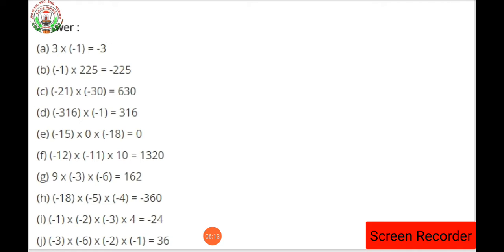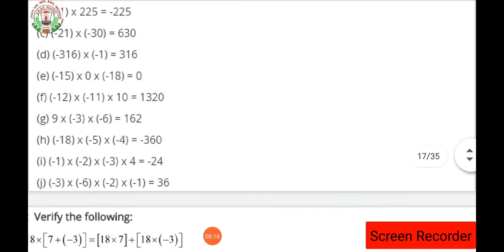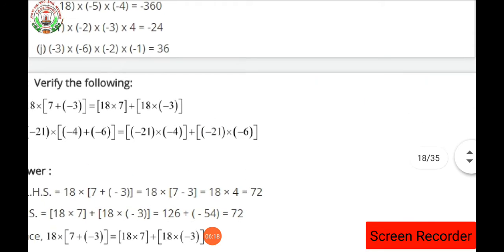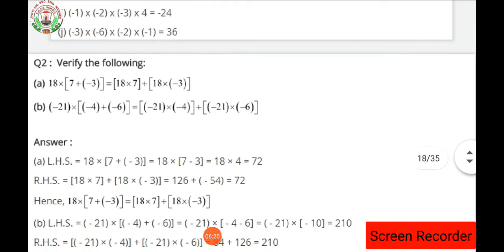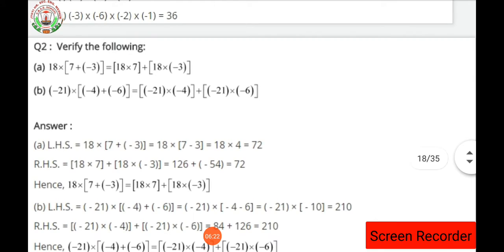So dear student, here you just have to multiply the numbers, nothing more than that. As you know that multiplication of the numbers takes place, just multiply the numbers according to your wish. Okay, you can multiply the last two terms or the middle terms, but keep in mind the signs should be correct in the answer as well as in the question.